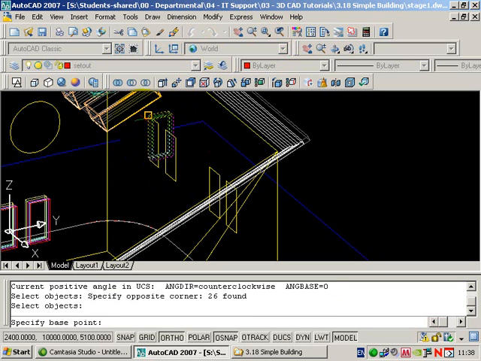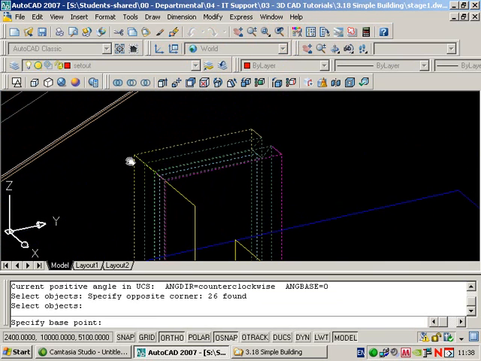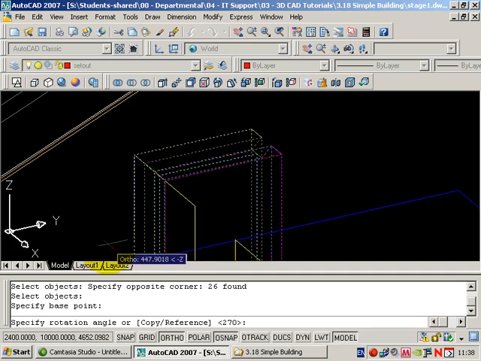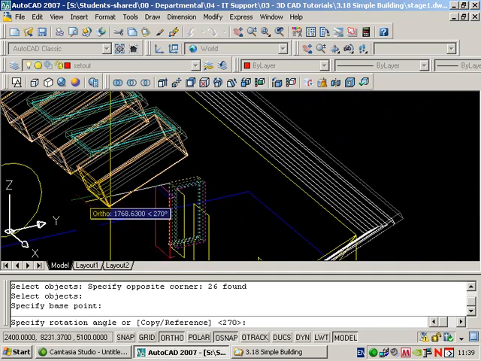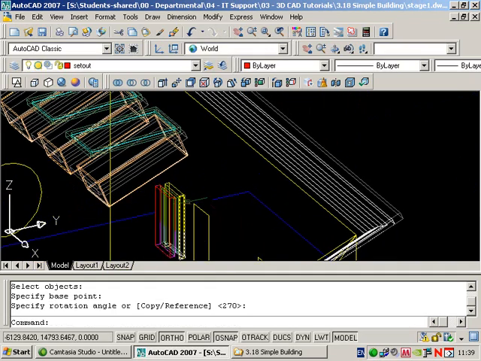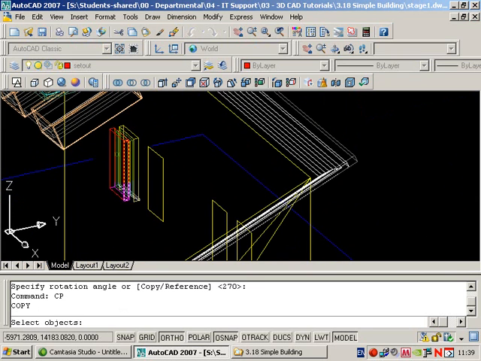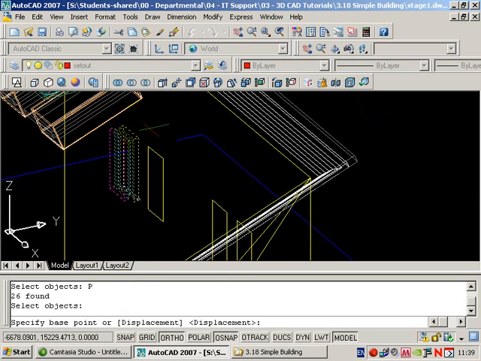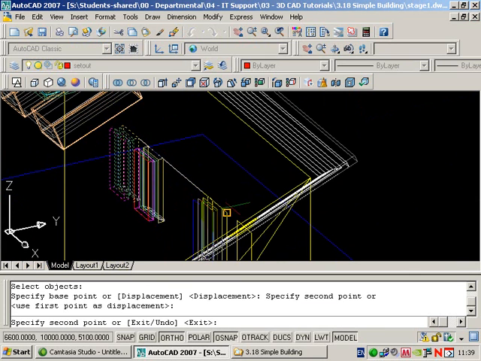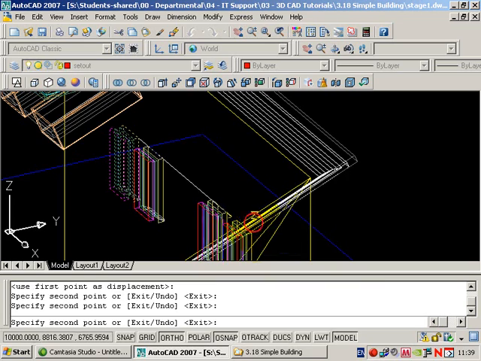You can't use previous or anything. You have common base point and get the rotation correct. Should come in the way. And then CP, return, P for previous, return, and you're looking for the common point, base point, destination, destination, destination,